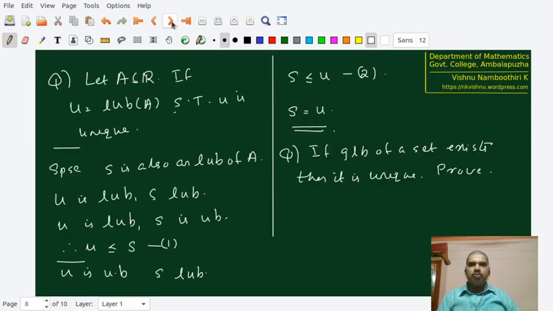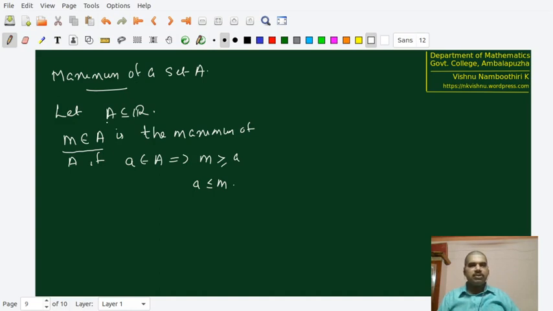But in the case of maximum, what we are defining here is we want the maximum of A to be an element of A. Therefore, the difference between supremum and maximum is that maximum is greater than or equal to every element in A, but at the same time, maximum has to be a member of A. But supremum, it's a real number. It has to be greater than or equal to every element in A, but it is not necessary that that element itself is there in A. The following example actually clarifies it slightly better.